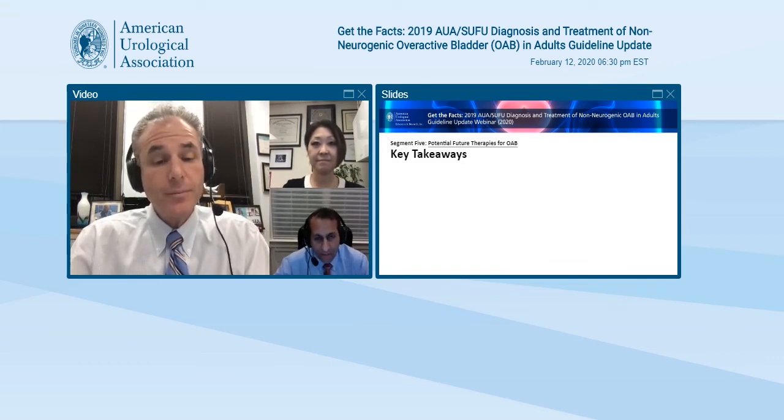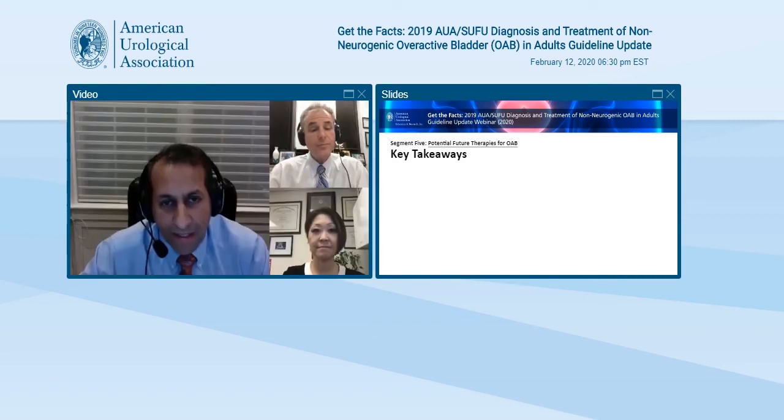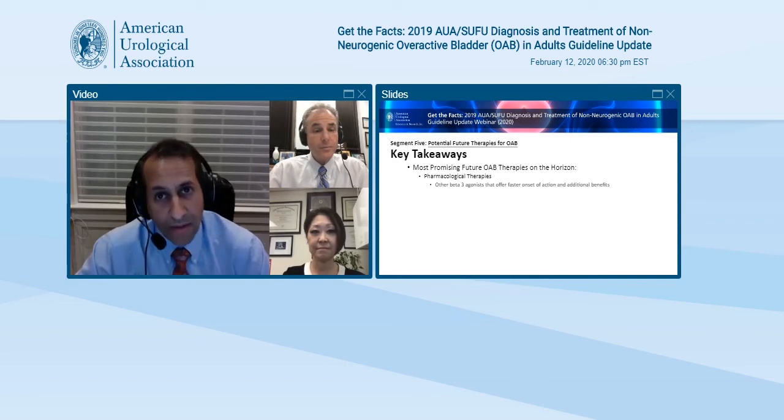Yes, so I think there may ultimately be some novel classes, but right now, anything that I know of coming out soon, there's some interest in another beta-3. I think there may be some option to improve the speed of onset with a few other benefits that may be conferred with another one of the beta-3s. I think clearly, the more competition, the better. That's going to be an option for more patients and hopefully allows better access to this class that has perhaps revolutionized the therapy, at least in second-line therapy of overactive bladder patients.